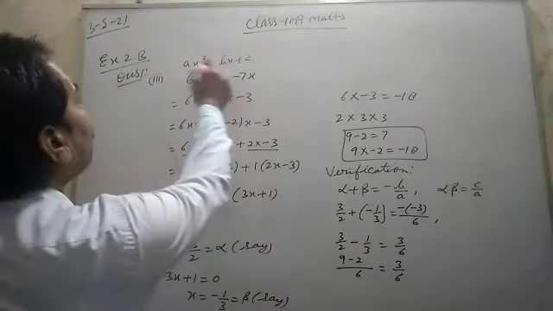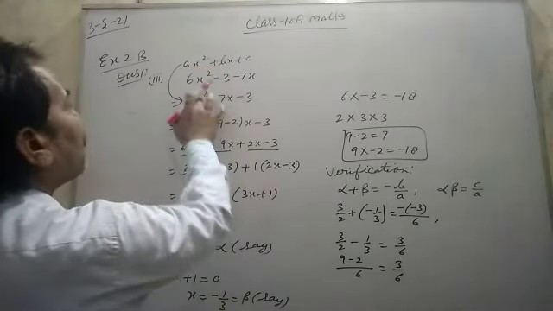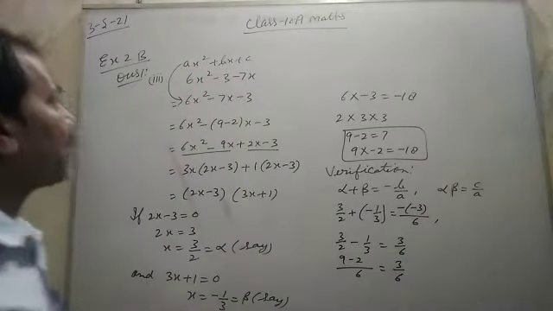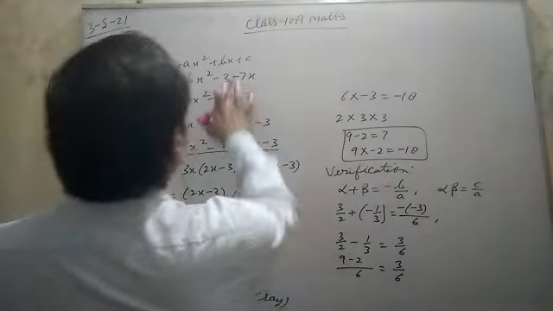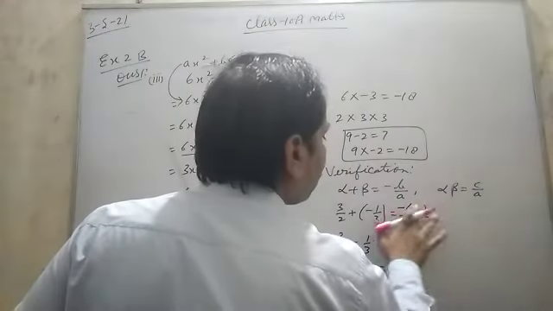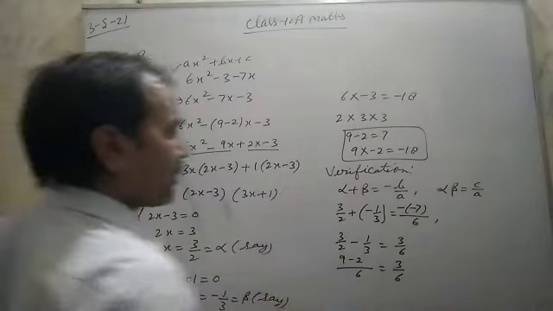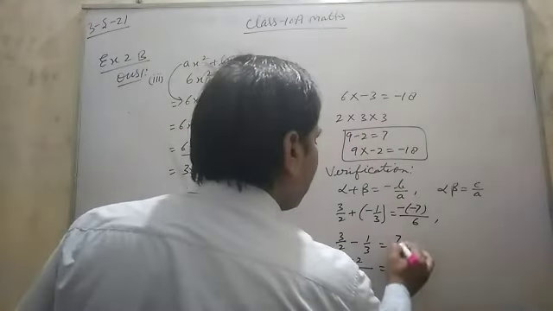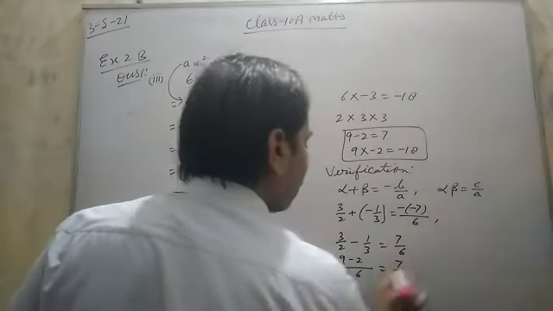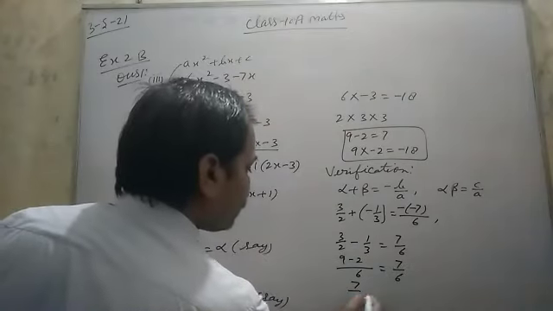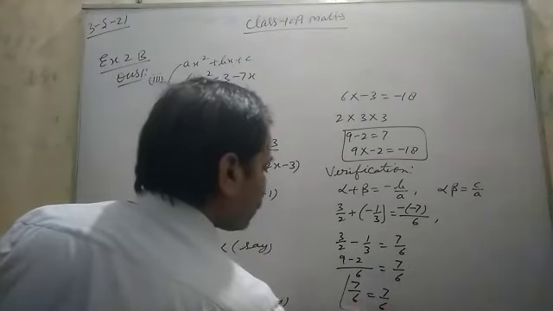Sorry, you compare this by this because this is not in proper order. So b is equal to minus 7. Sorry for this. Okay, minus 7 and a is, that is correct. So this will be 7 by 6. Okay, sorry again. So this 7 by 6 is equal to 7 by 6.